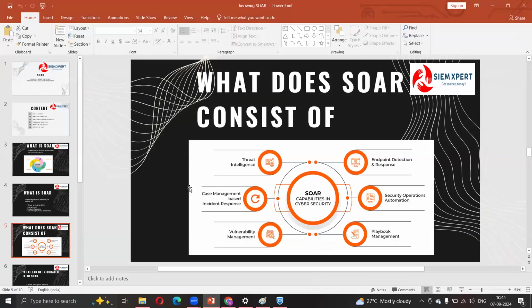So this is that, and threat intelligence, we talked about this in the previous slide. So yeah, we are going to skip. So yeah, guys, these are some of the strengths of SOAR, and also there are some use cases which do not fall under the umbrella of